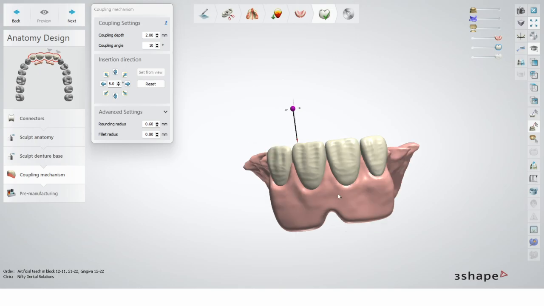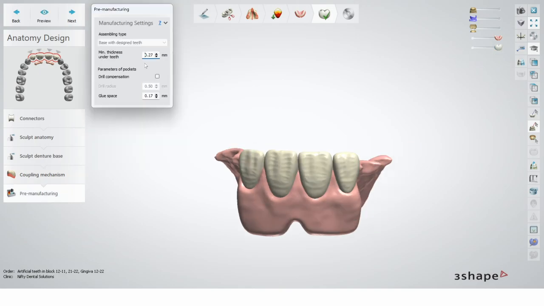Next step, I will not change minimum thickness under the teeth and glue space, especially the glue space, because this comes from the manufacturing settings. That's why we always select the right material.